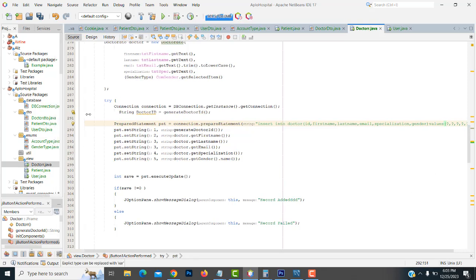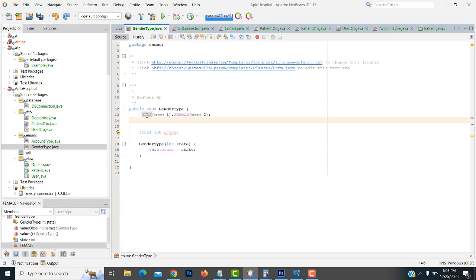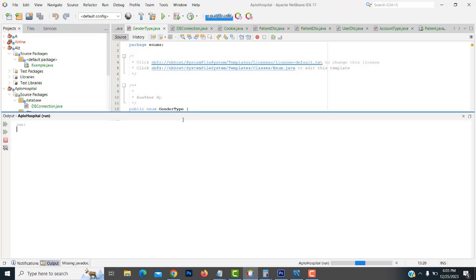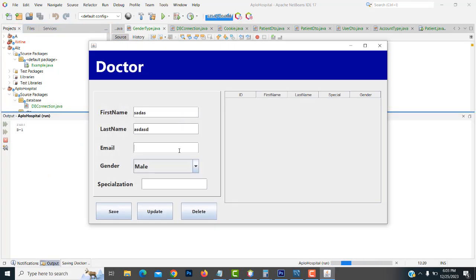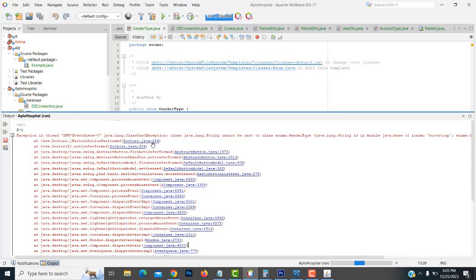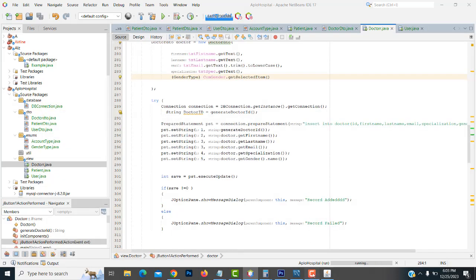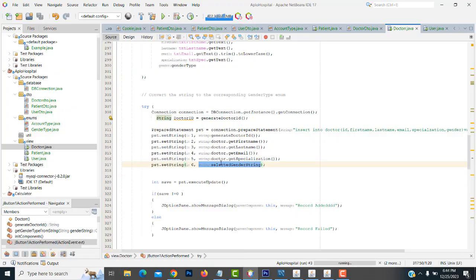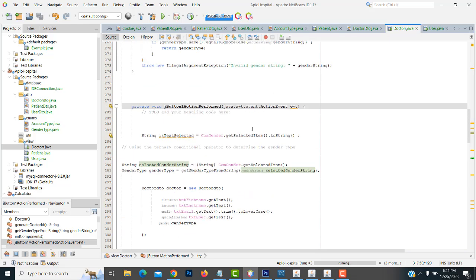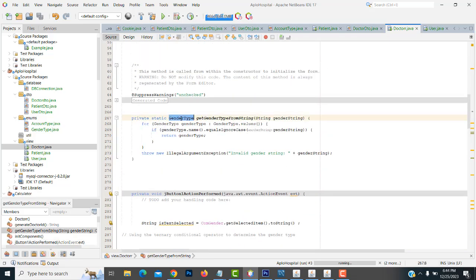Now another thing is we have to make this one, go over here, gender type. It's a male. This one's a female. Now you have to run it again. Again, what's the problem? Here I ran into the problem with the enums. Enum cannot be used directly; you have to convert it to a string. So this is an enum. That's the problem. So what you're going to do is I have created one function, private static gender type,